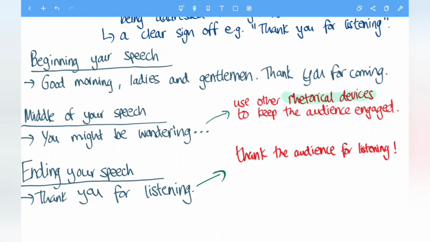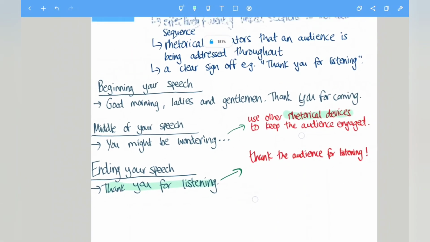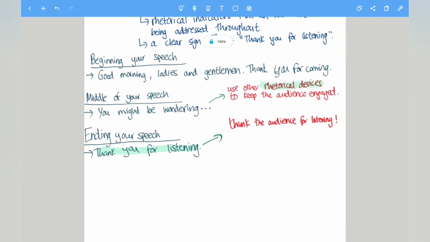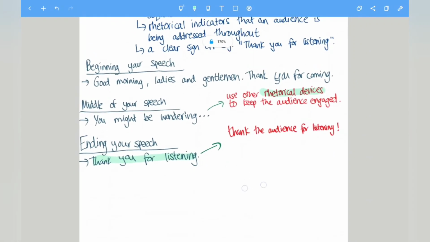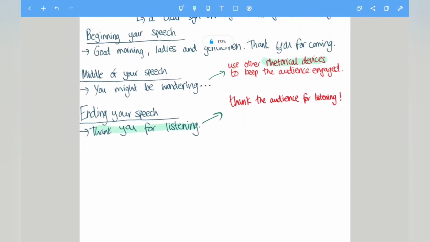And towards the end, so when you are ending your speech, you must thank the audience. So thank the audience. So you'd say thank you for listening. And that's how you would end your speech. So this is just an overview in terms of how to structure your speech. Now moving on,